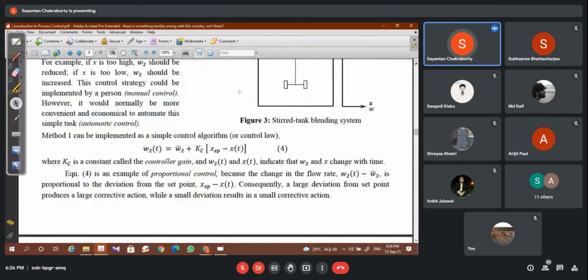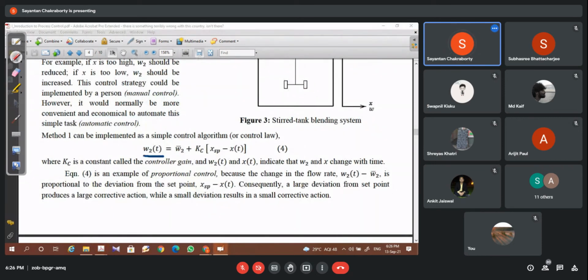So if we write down in terms of a simple law, can you write down this W2 is like this? Then what is the value of Kc? Kc greater than 0 or Kc less than 0? If I write down this,